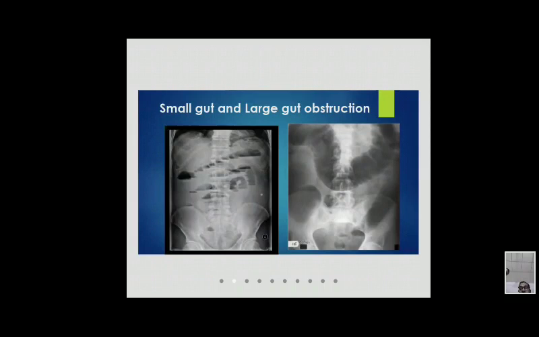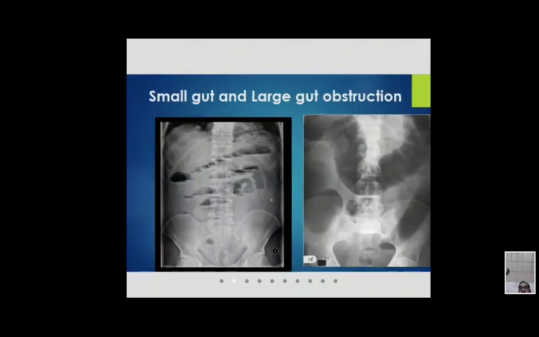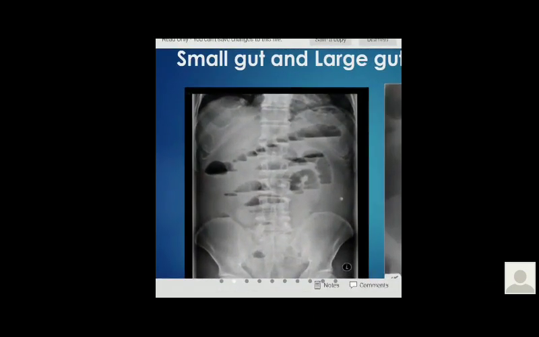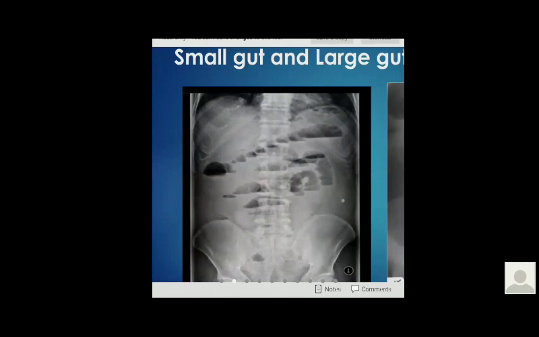The X-ray film. On the left side, is it clear to you? Yes, sir. On the left side, what you have seen, can anyone read the X-ray? What are the X-ray findings? Sir, this is the X-ray of the abdomen, erect posture, anterior posterior view with the diaphragm, showing